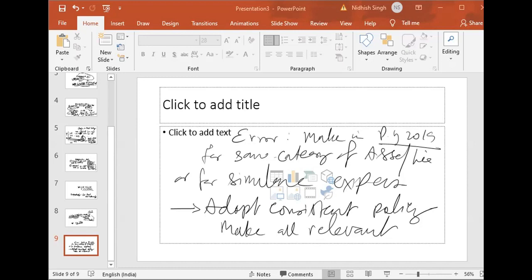Now, a couple of challenges come up: what if the accounting policy that we are trying to follow, with regard to, say, minerals or agriculture, doesn't exist? Sometimes we might not have an accounting policy at all for a particular industry. So what should be done? The rule of thumb is that in case of a lack of a standard or IFRS, one needs to consult or check other IFRS or IAS standards, basically,